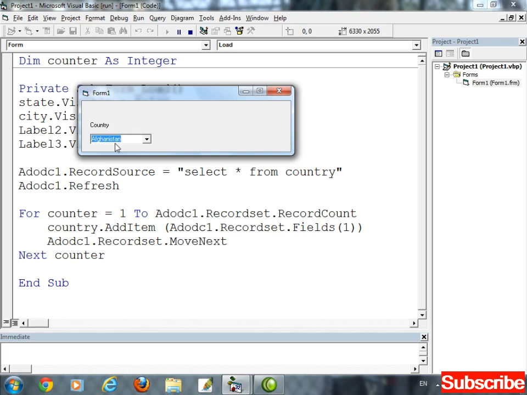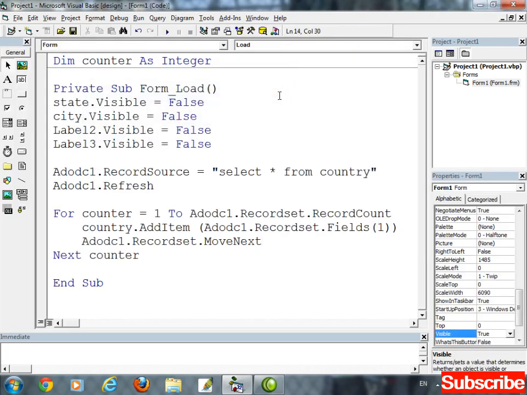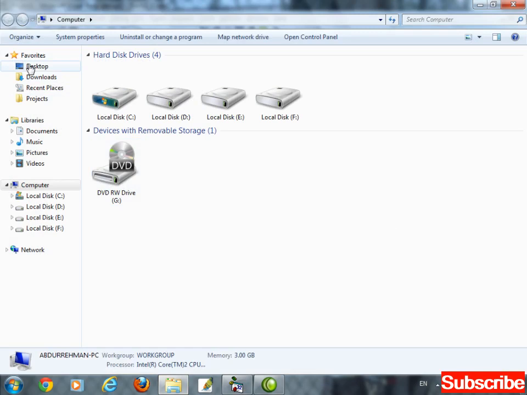Then on behalf of that ID we will display the states of that country. So Afghanistan is selected right here. So we are going to select the ID of Afghanistan from the country table. Just check in the database.